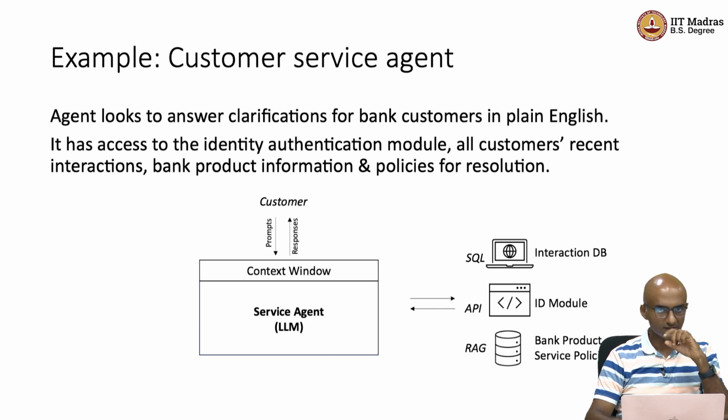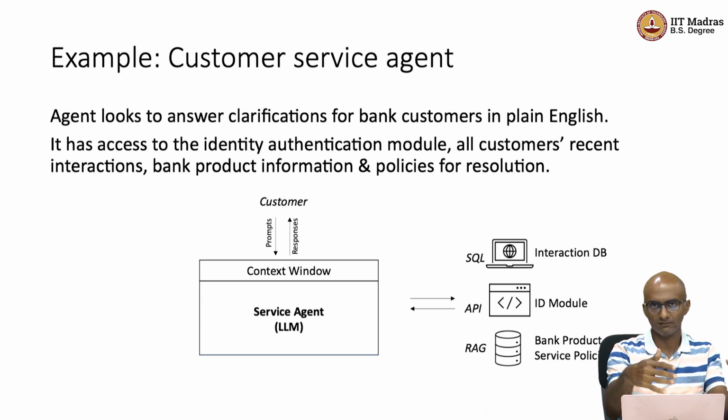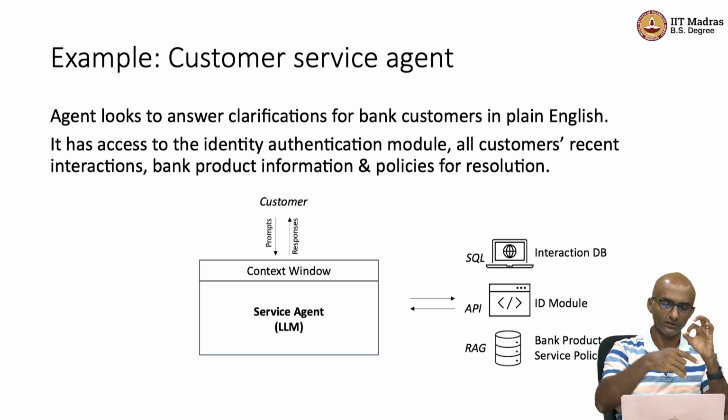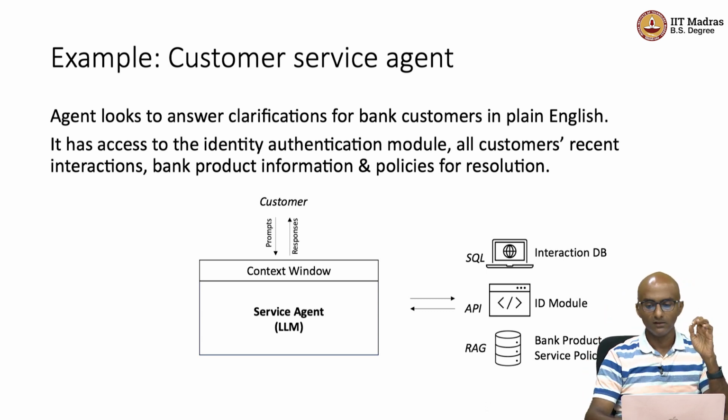So if you then look at the service agent, obviously it needs to understand English. That's part and parcel of how LLMs get built, so you're not doing anything special for that. Foundation models can do it for you. But then the prompts and responses are aided by tools, which are an ID module, an interaction database, and a bank product or service policies data store. The ID module will get exposed as an API. The LLM will need to be able to access that API, right? It needs to know when to use that API for authentication and then proceed. Then it needs to know